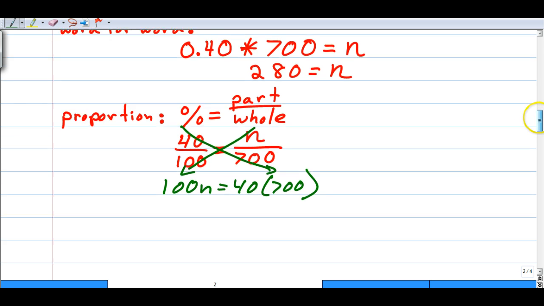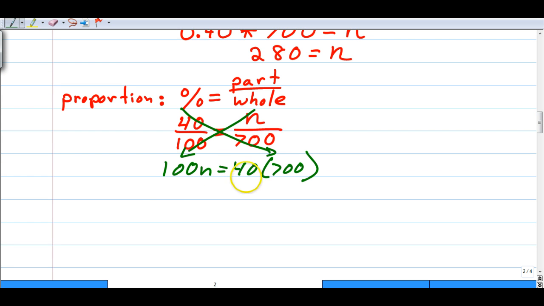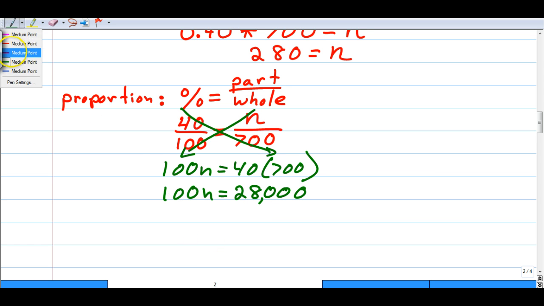Let's move this page up a little for a little bit more room. So that 100n remains the same. 40 times 700 gets you 2800. An easy way to look at that is 4 times 7 is 28, and then add 3 zeros onto it. 1, 2, 3. It's 2800. Now I'm going to divide that 100 out on both sides